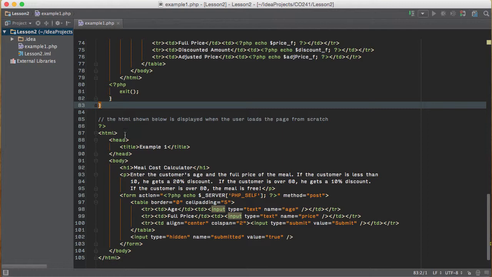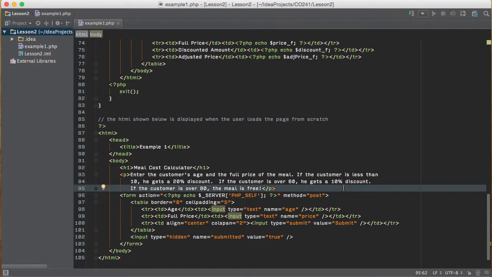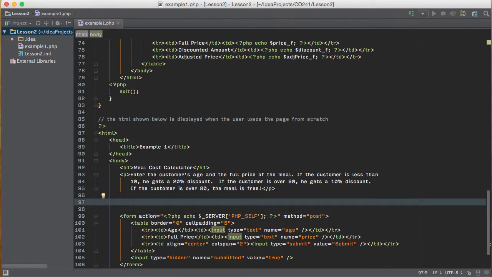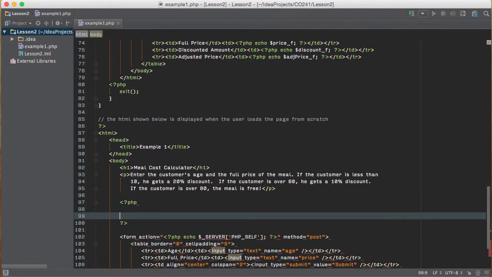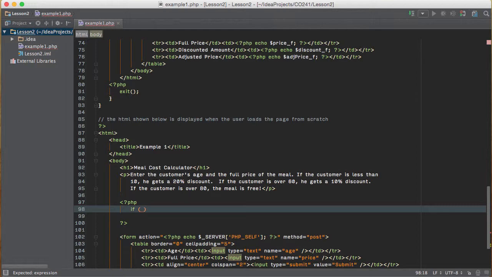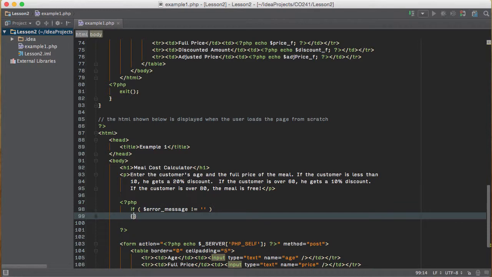So what about, we're showing it, but we have errors. Can we do both of them together at the same time? Well, the answer is yes, we can, but we have to write some code to modify this. Here's what we have to do. Everything is cool until we get down to the form. So what I'm going to do is add some code here, and I'm going to put in a PHP section. And I'm going to say if the error message is not equal to nothing, which means if it's equal to something,